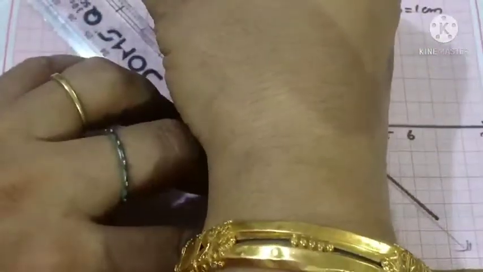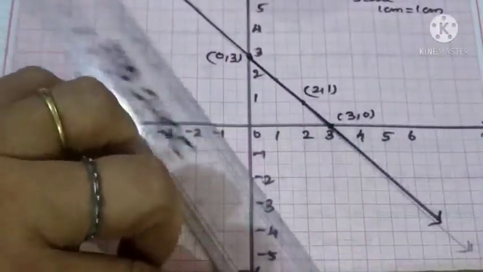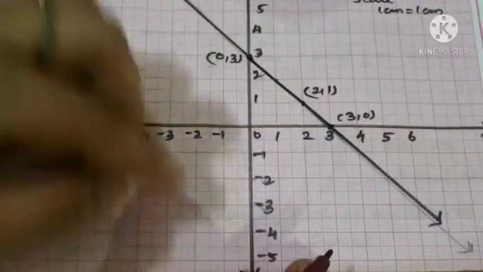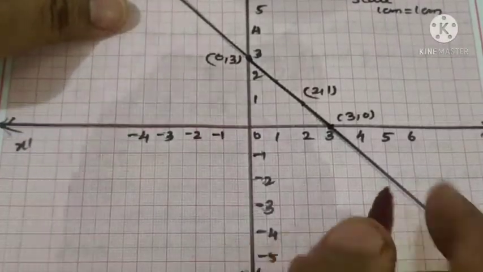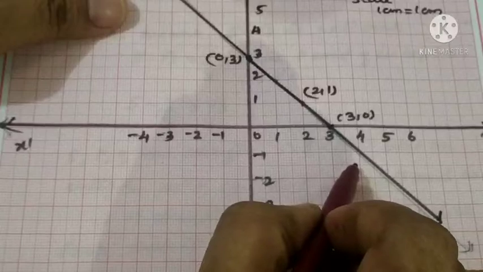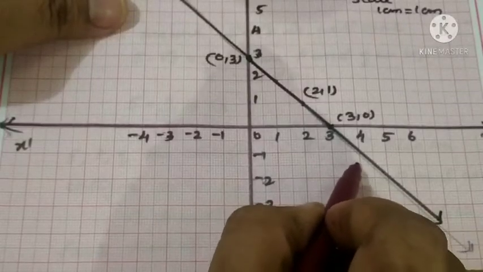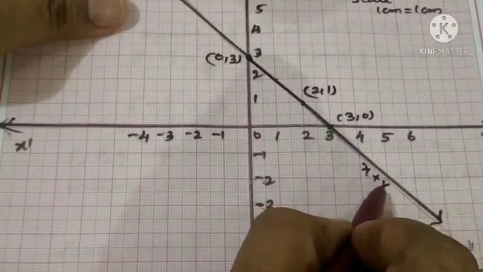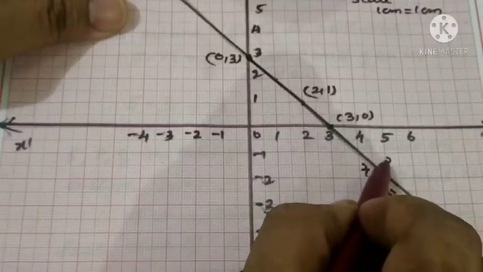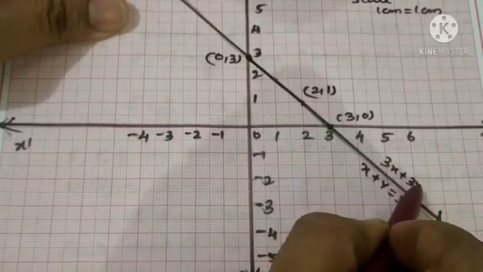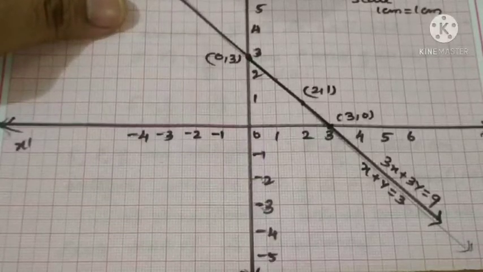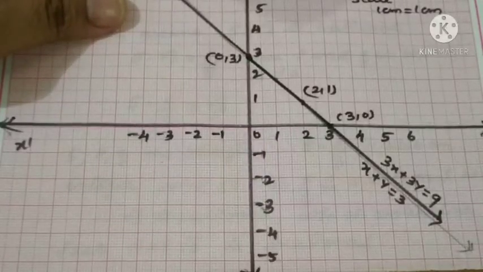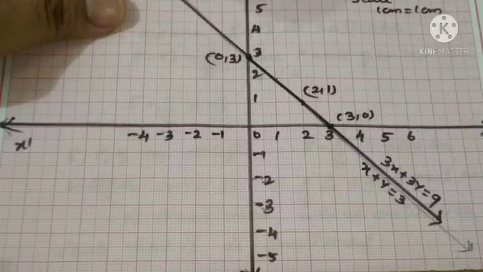Extend here also and there also. So we'll get, and here the point we have to remember is that the 2 lines we are showing here are coincident only. So both the line locations we should mark, which are the lines x plus y equal to 3 or 3x plus 3y equal to 9. So here what is the solution asked? Here infinite solutions are there.